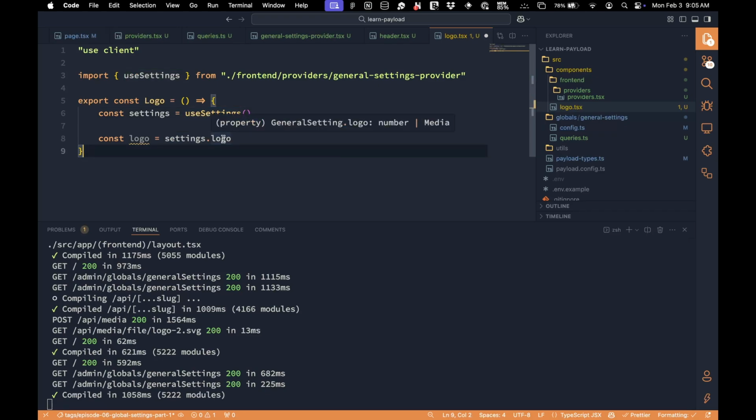But here's the tricky part. Look at the type on here. It says number or media. And the reason why Payload generates this type for you, when in reality we know it's not a number, it is going to be a media object, is that Payload doesn't really know that during runtime. Because of the depth,